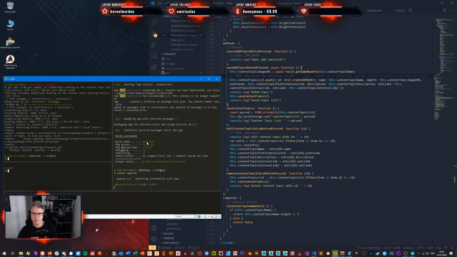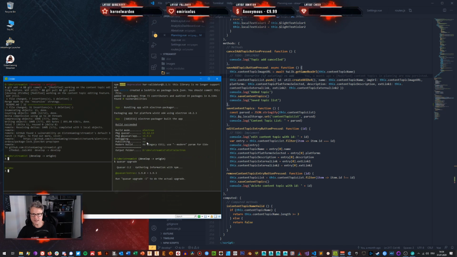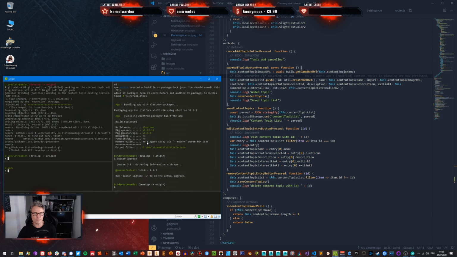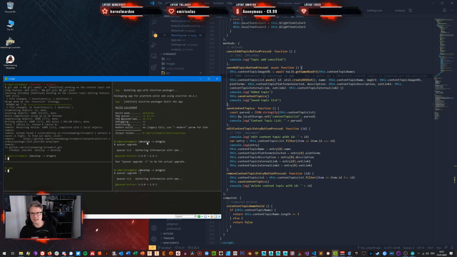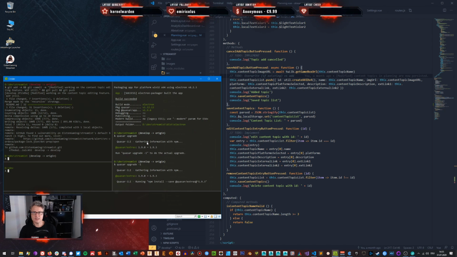In this case, the Quasar framework extras have an upgrade from 1.9.0 to 1.9.3. Now, nothing has been installed because I'm just running the check. If I add the i, it will download, check, and install everything, as you will see in a few seconds. Now, this is really, really nice.